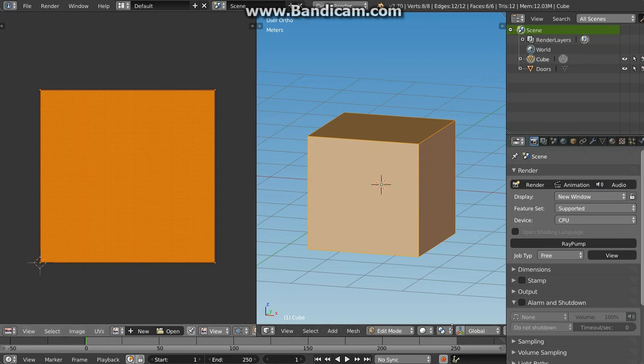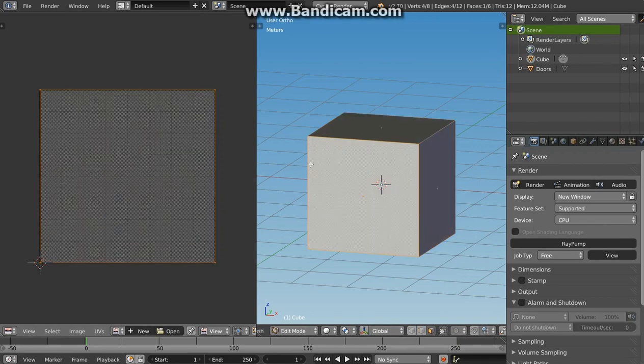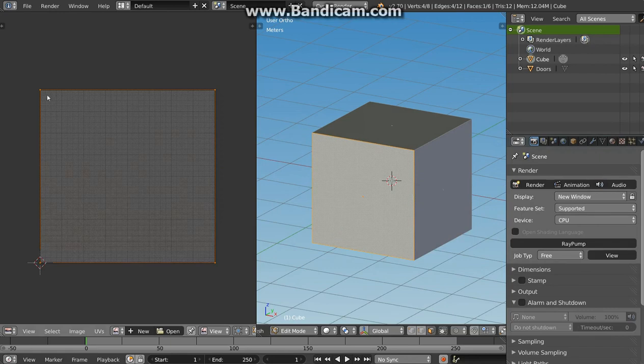And in Blender it is set by default that what you have selected in the 3D window is actually all you can see in the UV image editor. So all these faces just disappear from this. You see only what is selected,